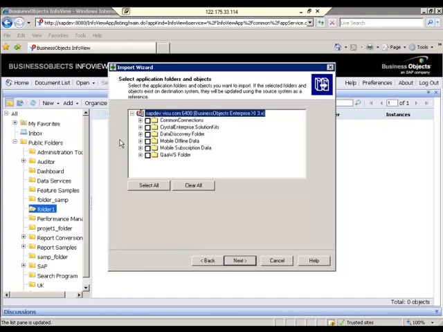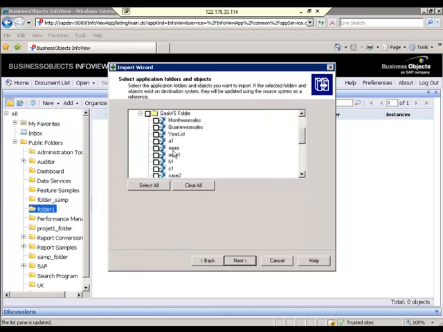QAAWS folder. In the QAAWS folder, you can see all the query as a web service connections, whatever you created for the dashboard. You are moving a dashboard. If you move a dashboard, that connection also needs to be migrated, right? Whatever connection you created for that dashboard, that connection also you need to migrate. When you expand this folder, there you have a lot of connections. These are all connections you created for the Excelsius. These also you need to migrate.